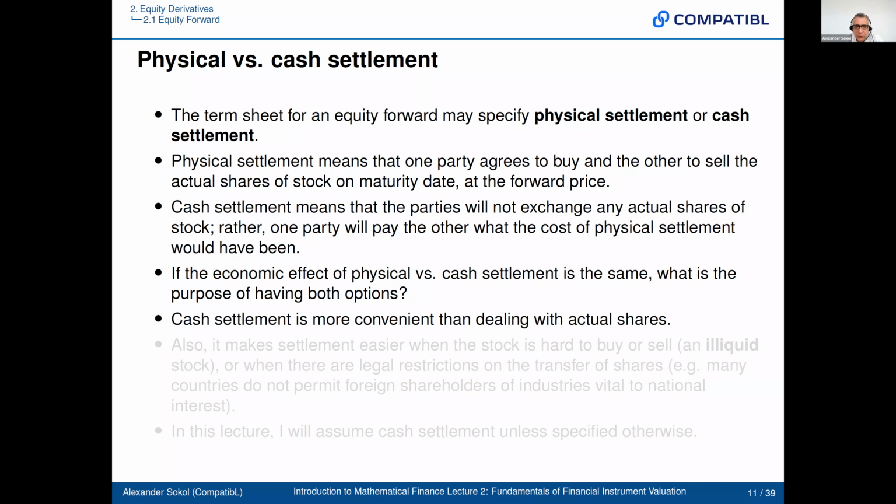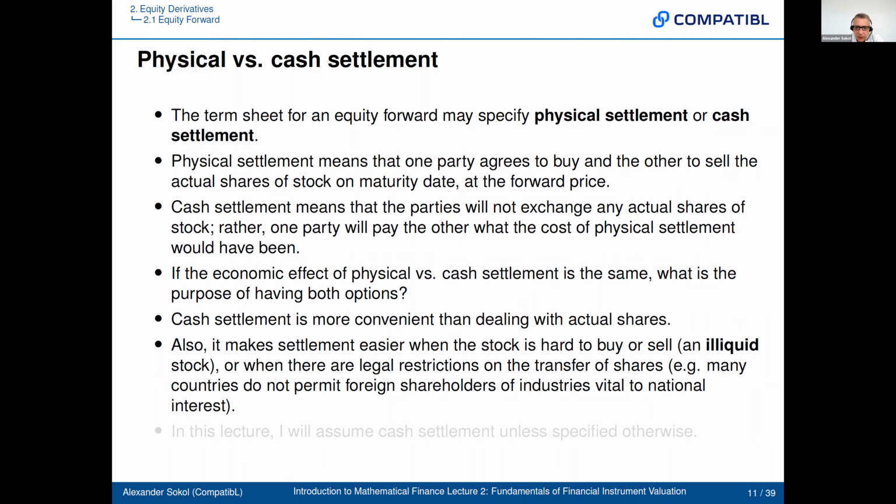Well, the purpose of having both is because sometimes people actually do want the underlying, right? But it's a lot more convenient usually to have cash settlement. All right. So now